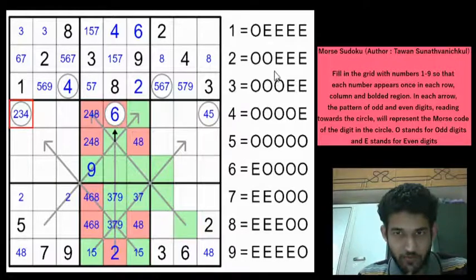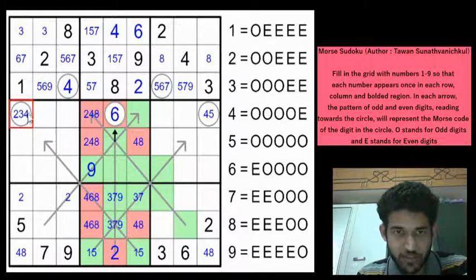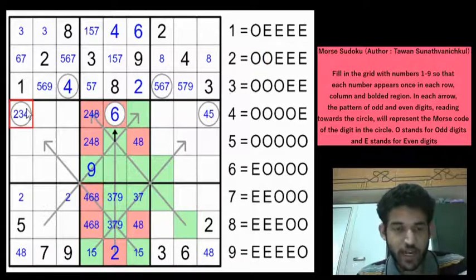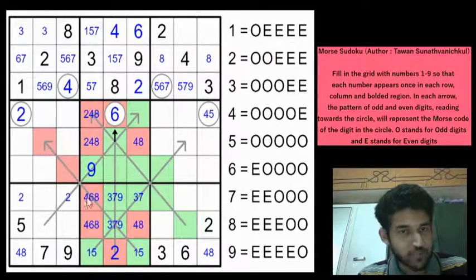So 2, 3 and 4, right? Okay, we can make some progress using the Morse code of this digit, guys. So the first 3 digits are odd, even, right? So only 2 has that pattern, if you see, because 3 has an odd pattern, and 4 also has an odd pattern starting from the arrow stem. So which means that this circle has to be a 2, and which means that we know the parity of these 2 digits. The last 2 digits parity are even, so we can mark that as red. So these 2 cells will be even.